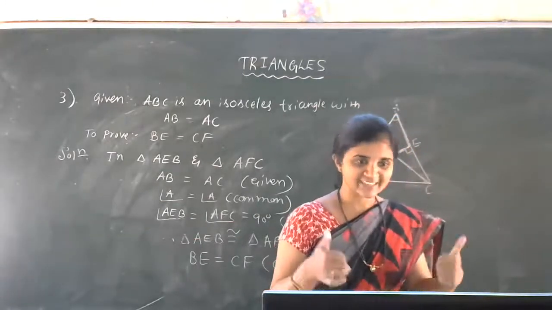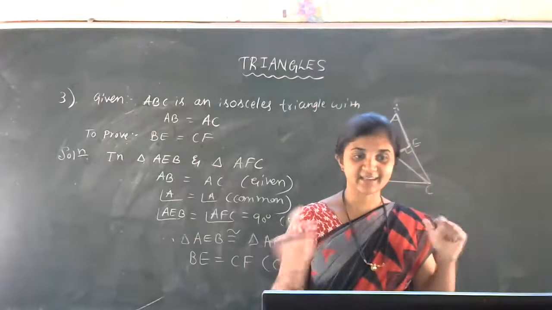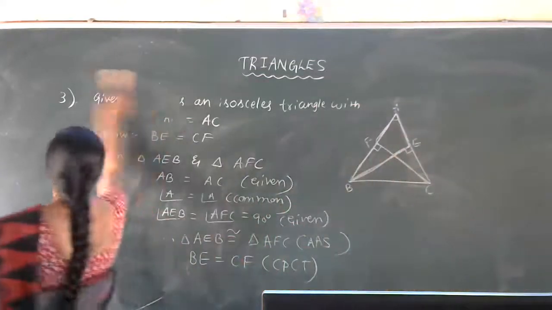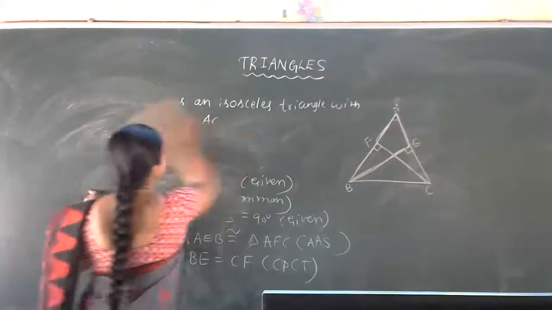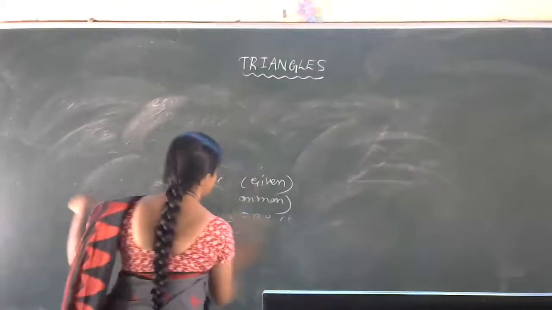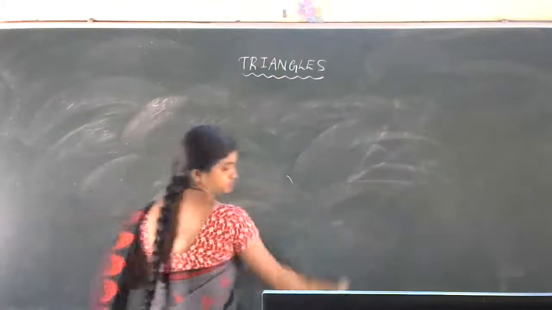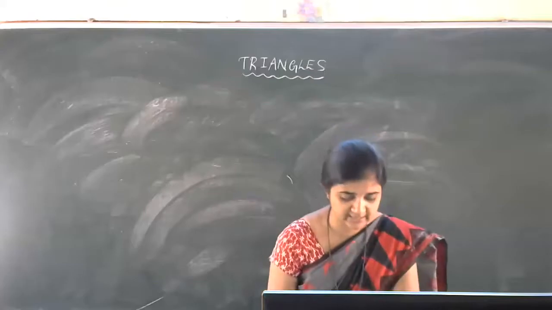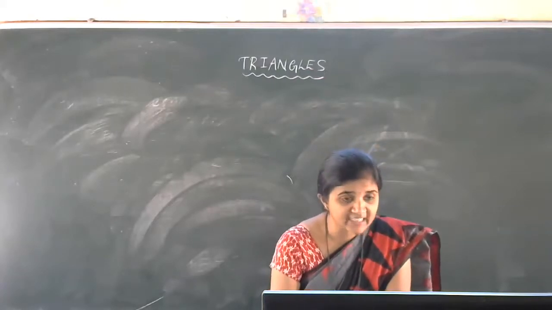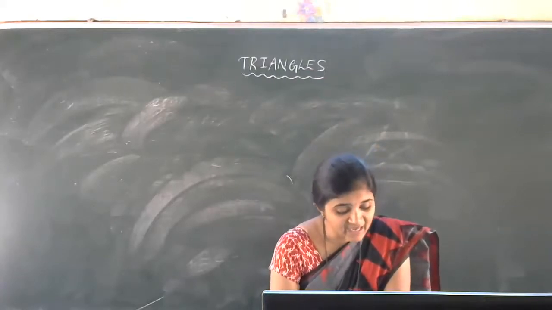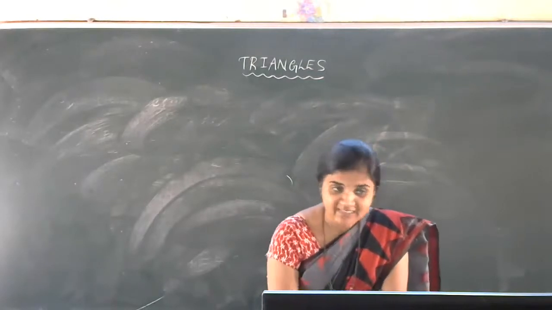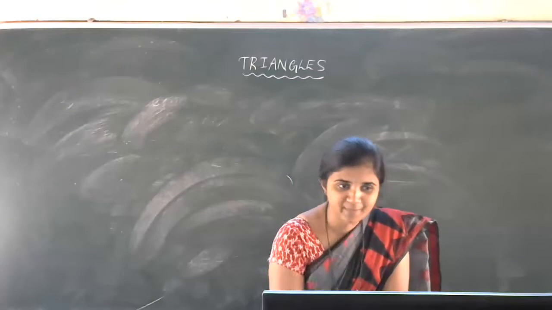Shall we start the discussion of the fourth problem? Let us end the class with the discussion of the fourth problem. Okay, so let us read the fourth problem now. Just look at the textbook carefully. The fourth question is: ABC is a triangle in which altitudes BE and CF to sides AC and AB are equal. You have to be very careful with this type of sentence.